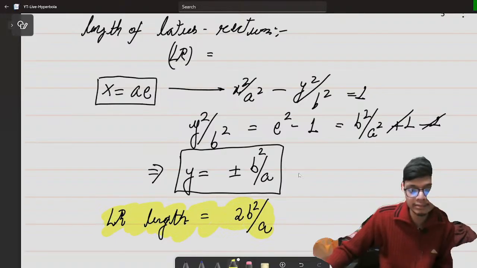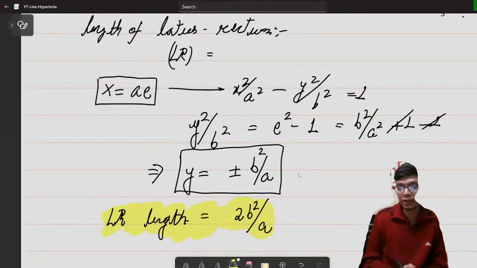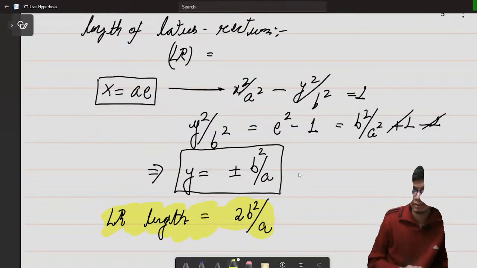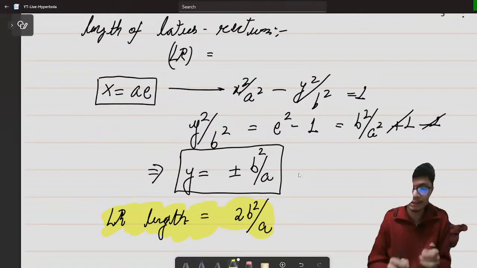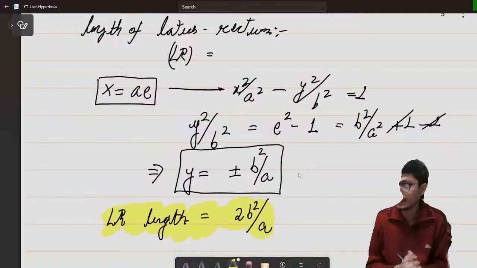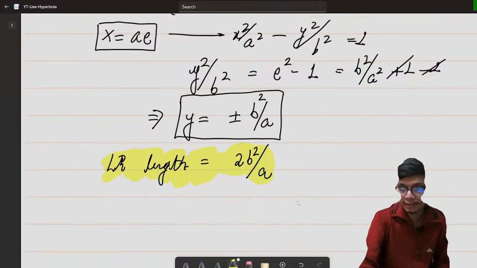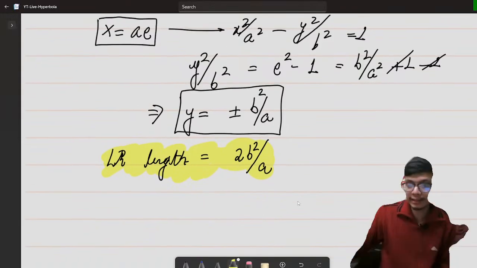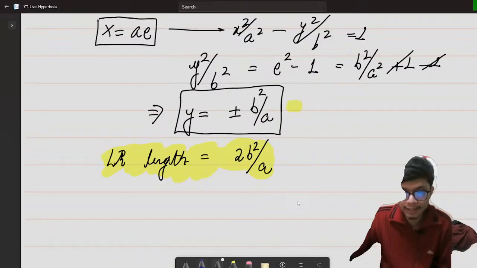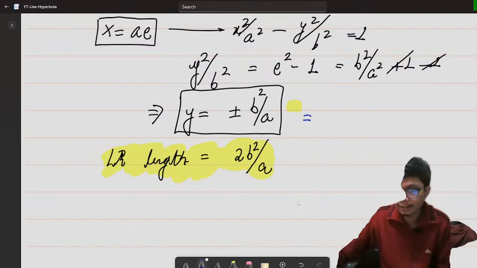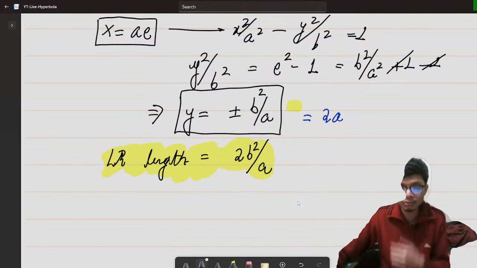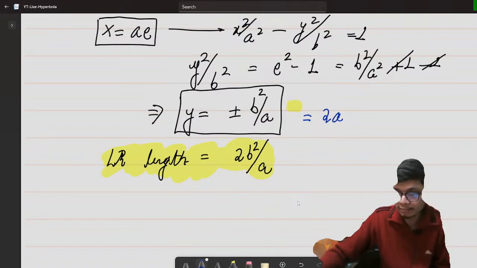So all the results are more or less the same. The only thing that is going to change is the sign. There is a minus sign instead of the plus sign that we have seen in the case of an ellipse, right? I can also define this latus rectum length as follows. I can write this b square in terms of my eccentricity, so I can represent this as a square times e square minus 1, right? So if I divide by a, it will become 2a times e square minus 1,